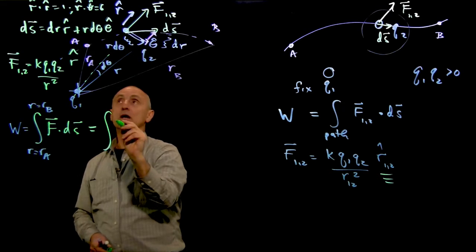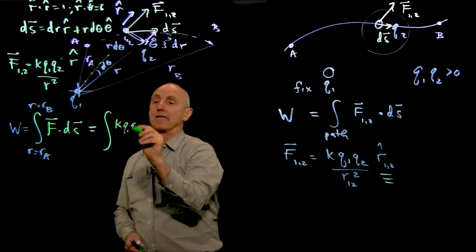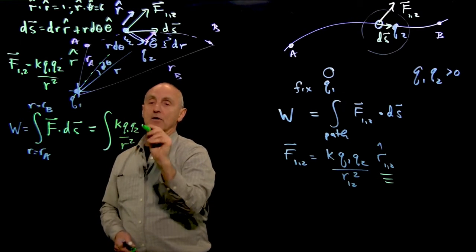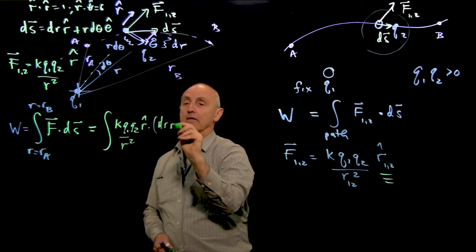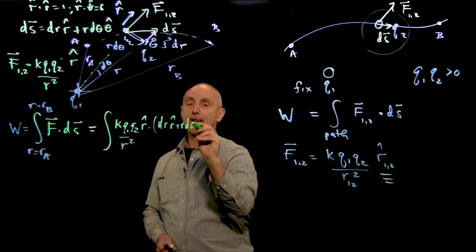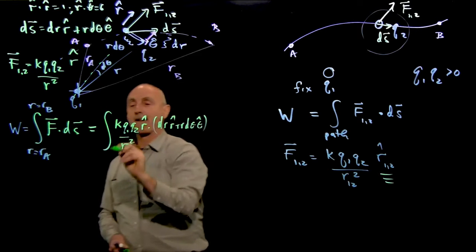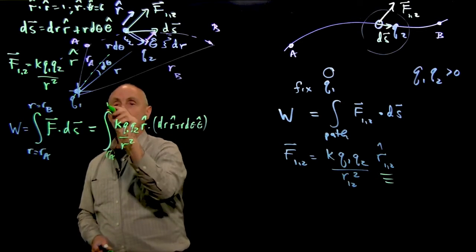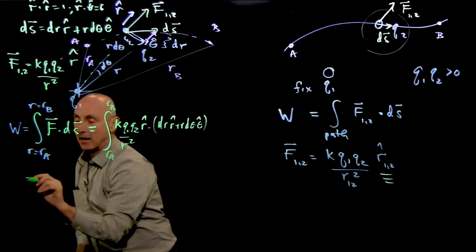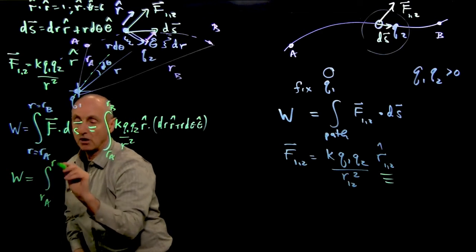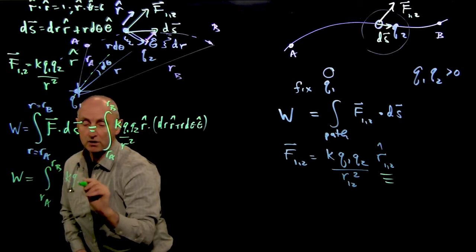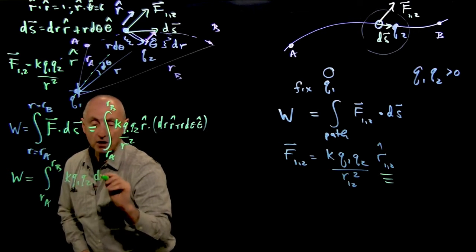And now when I take that dot product out, I get the integral from r_A to r_B of k q1 q2 dr